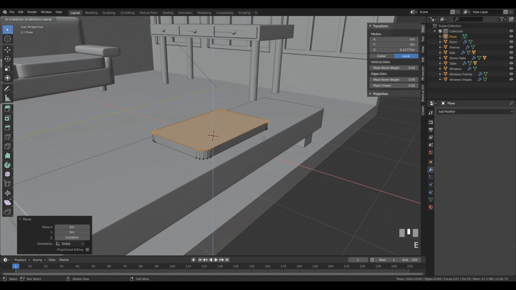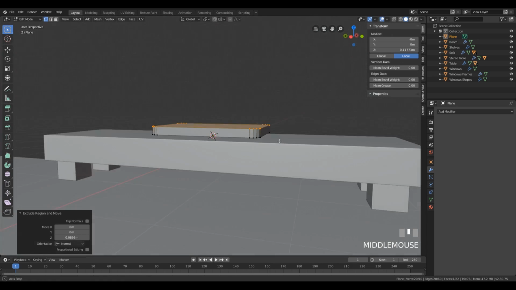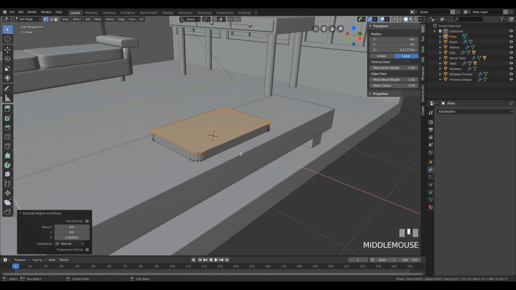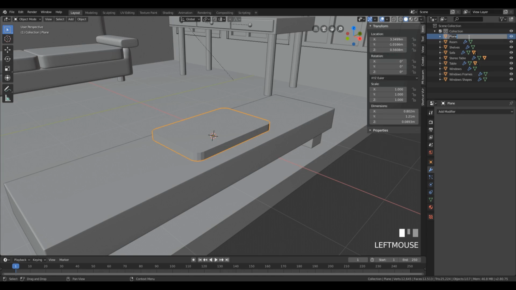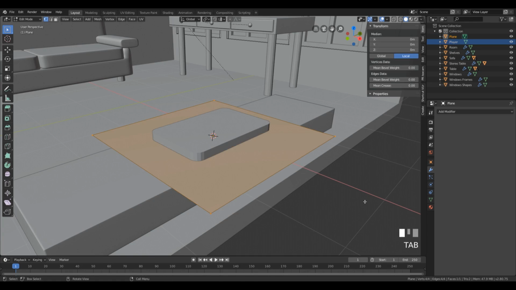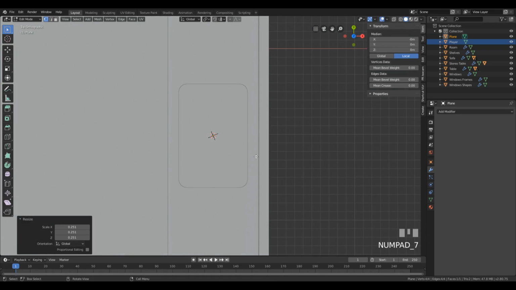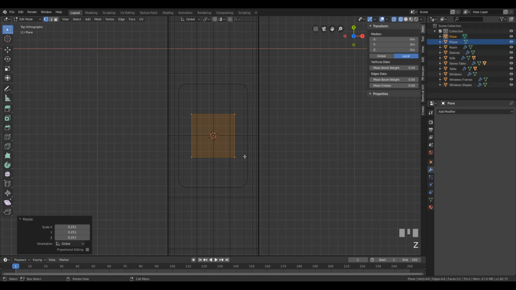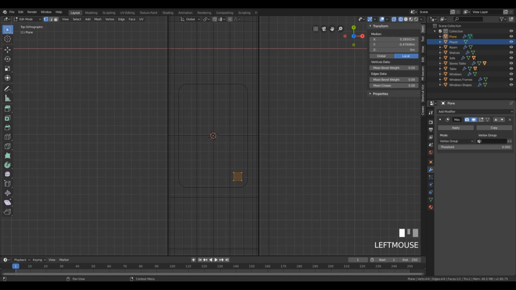So let's extrude this. Okay, something like that. And right now we can tab out. Let's call this player. And with the cursor in place, let's press Shift A to add plane. Let's scale this down, go to the top view with 7, go to the wireframe view, and let's scale this all the way down, move to the corner, and again we'll add the mirror modifier